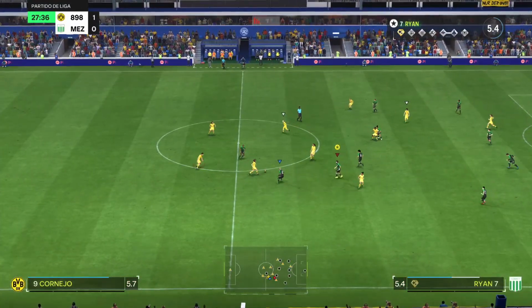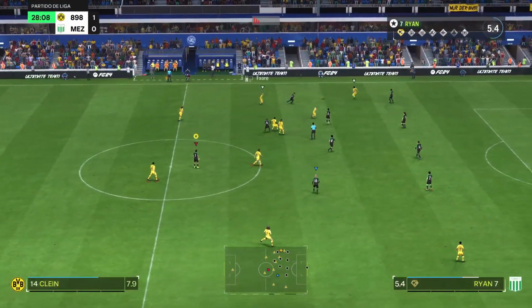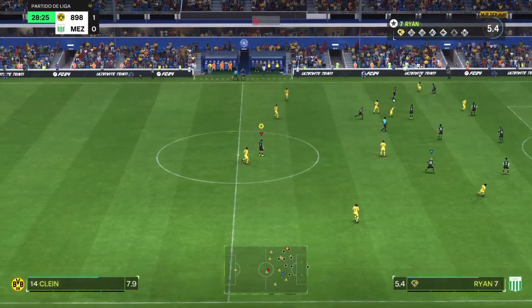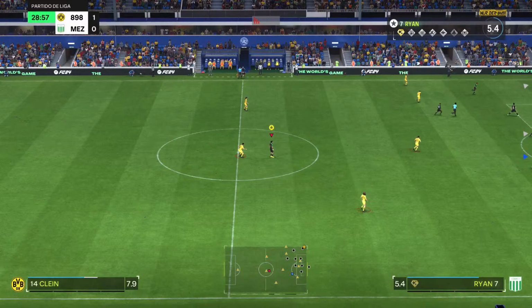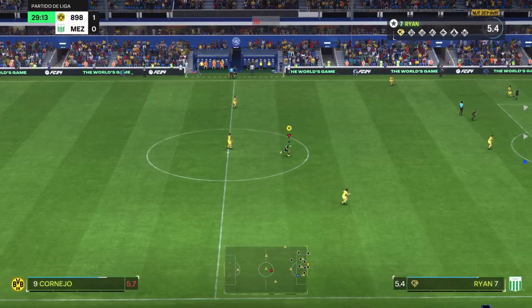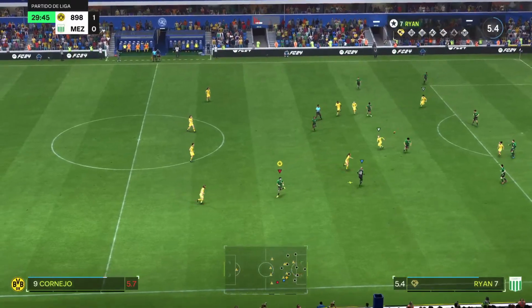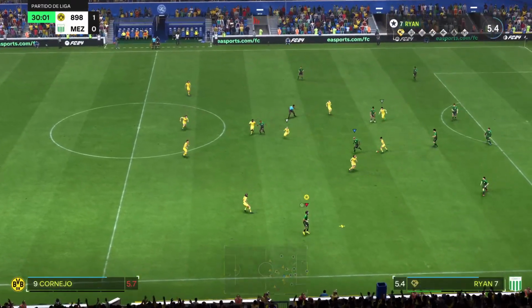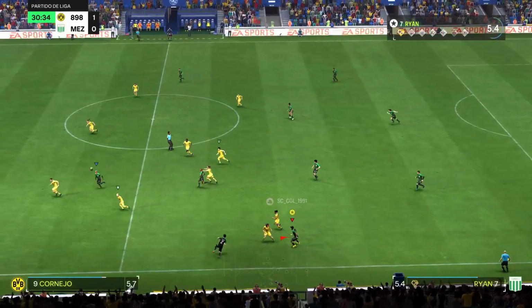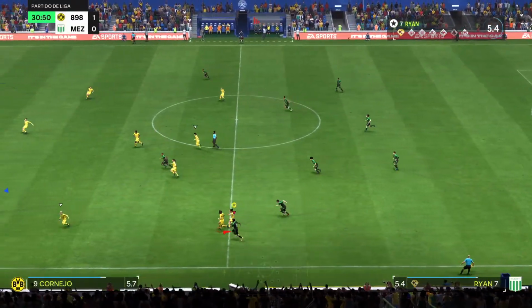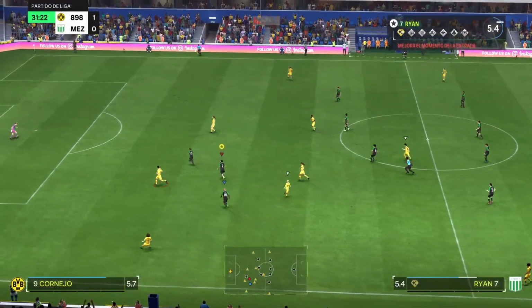Pésima salida del portero. Gran centro, pero el arquero supo anticipar bien. Se mete muy bien en la línea de pase para quitarlo.